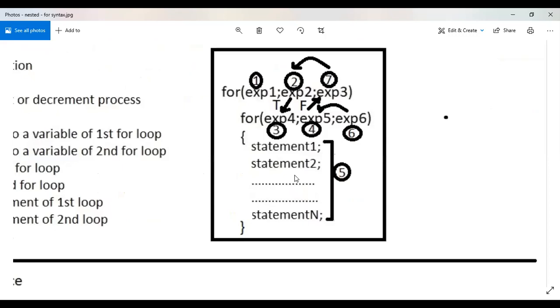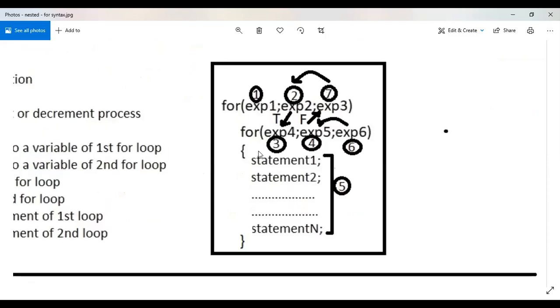If you have any doubt with respect to this syntax and explanation, ask now, because further I will go to the example. For the example also I will share the screen and explain. For half a minute or one minute I will wait. You just think over it. If you have any doubt, ask. If you want me to explain this syntax once again, I will. It is very important for two-dimensional arrays, which come in the next chapter.